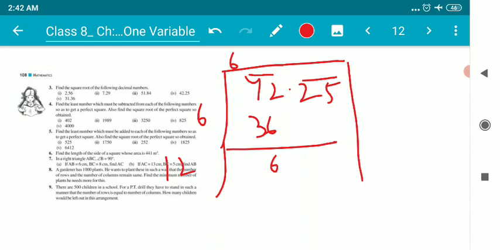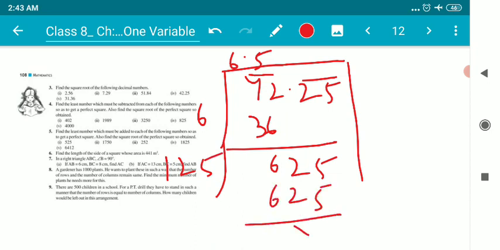I cannot divide. I have to bring down 2 and 5. But before 2 and 5 there is a point. So I have to put a point in the quotient. Bring down 2 and 5. What will I take, children? I'll take 5 here and I'll take 5 here. 5 into 125 is 625. As simple as that. While we are taking the next number, wherever there is a point, just put it in the place of quotient in that order. That's all.